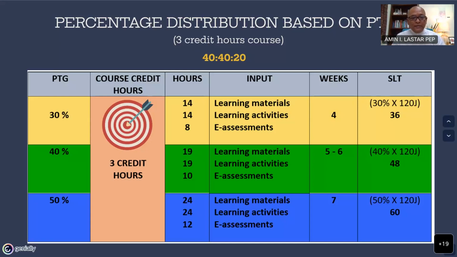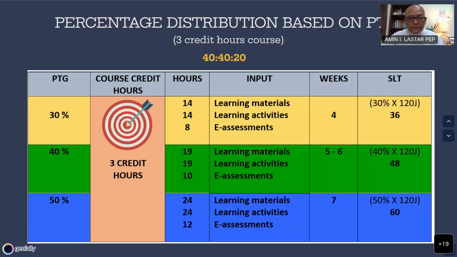So that part is actually not for us in PEP to decide for you, but the kedekanan and the TDAA and all the top management of the institute have to decide for the institute, whether to go with only 30%, 40%, or 50%. So what do these 30, 40, and 50 mean? 30% out of 120 credit hours conducted on PTG.